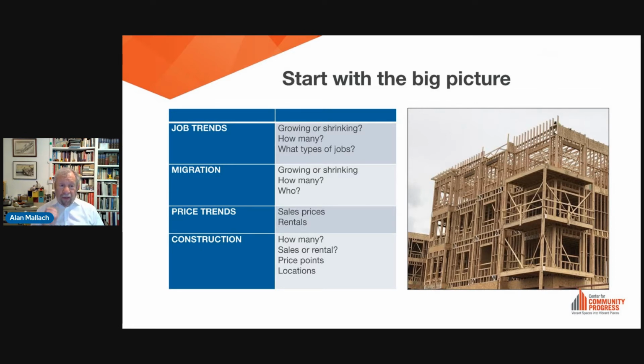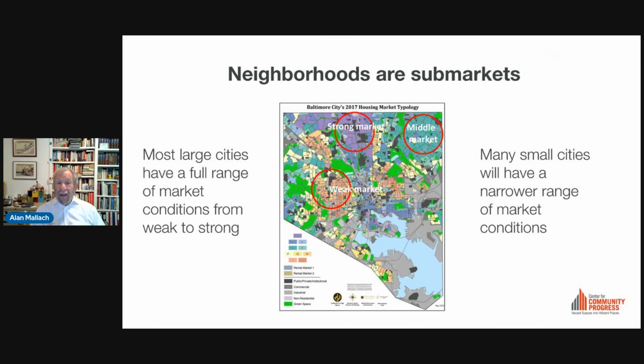But from that point, then you really want to zoom in on the neighborhood data itself. Okay, so next slide. Now, as I mentioned, in a large city, like this is Baltimore, you've got every different kind of market. If you go around the city, you can have neighborhoods where houses sell for a great deal of money and they're very much in demand, to middle income neighborhoods where sort of working class people may be able to find a house that they can afford, to neighborhoods that have concentrated poverty, are losing population, and have vast numbers of vacant and abandoned houses.